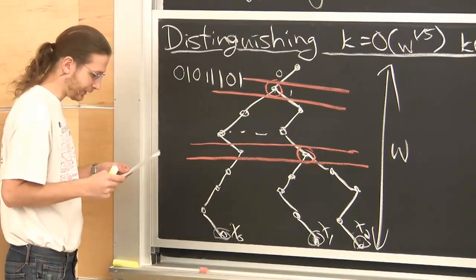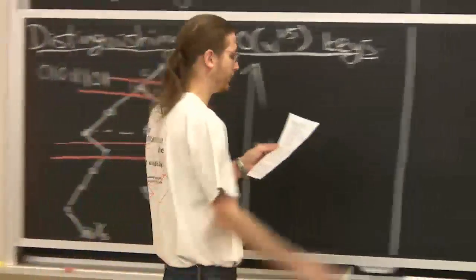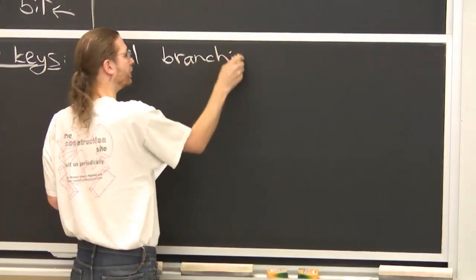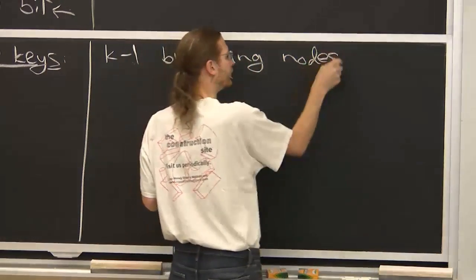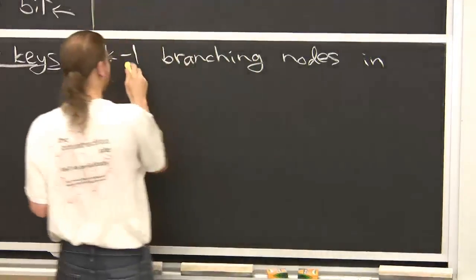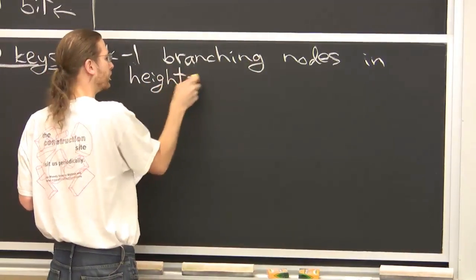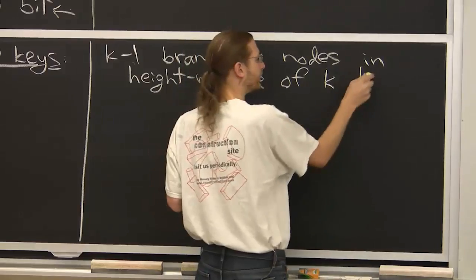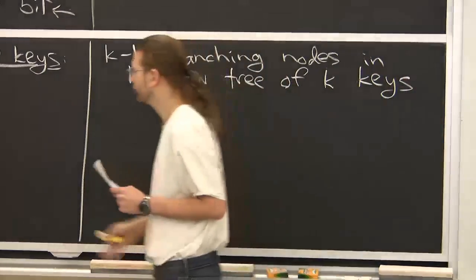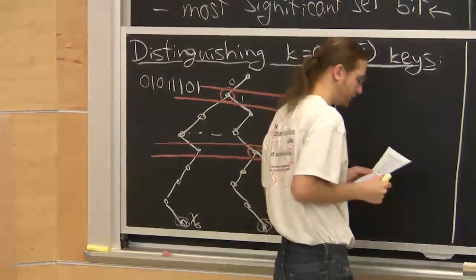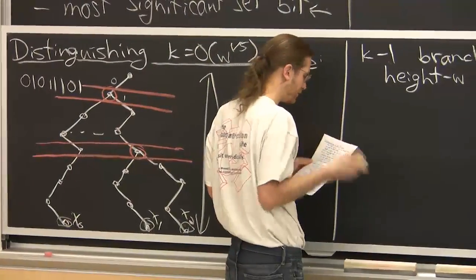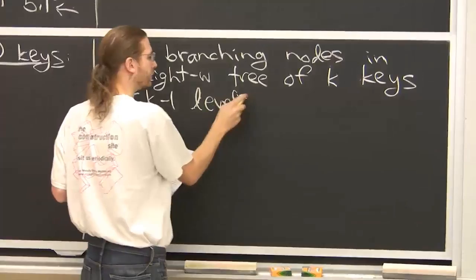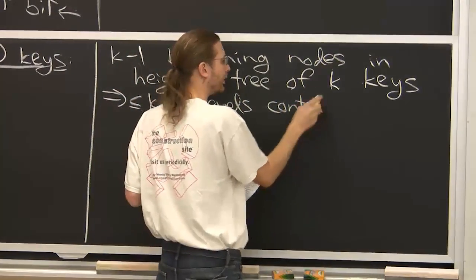Okay, let me formalize that a little bit. So we have k minus 1 branching nodes in this height w tree of the k keys. Because there are k leaves, there's going to be k minus 1 branching nodes, because the k leaves are distinct. So this means there are at most k minus 1 levels containing a branching node. Might be fewer, but